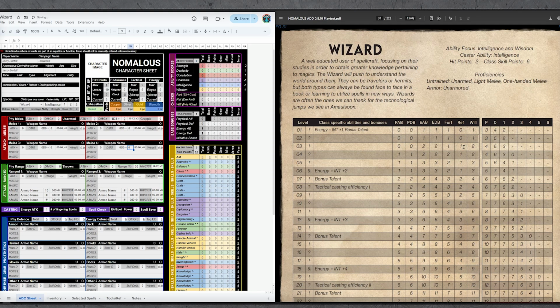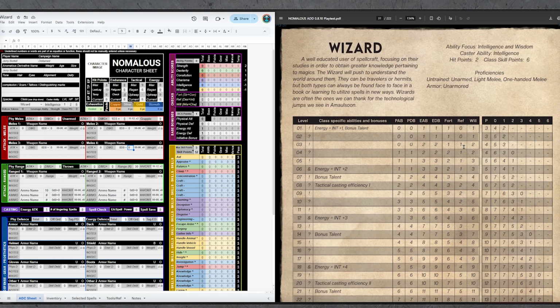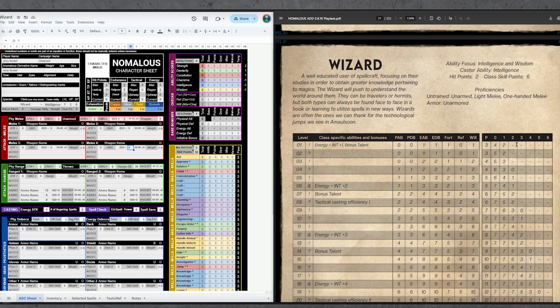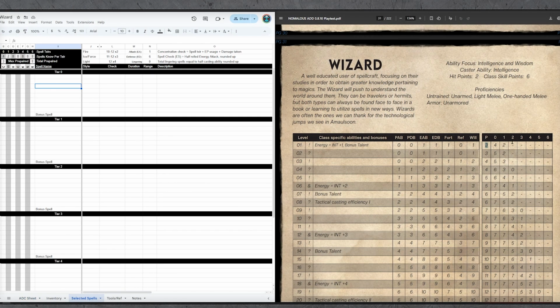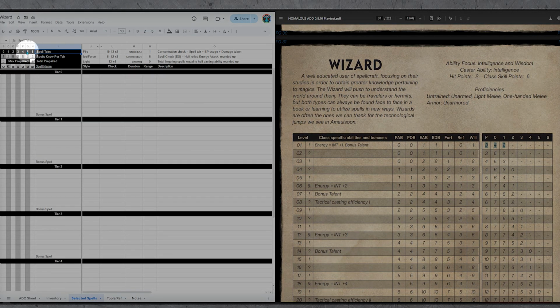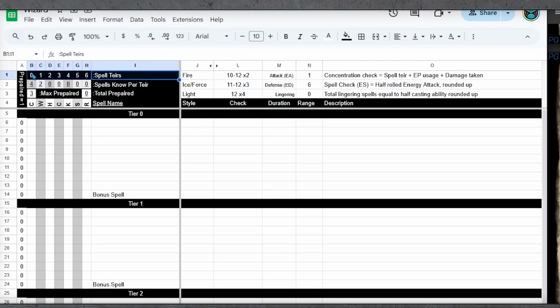Since we're creating a level 1, it looks like we have some spells here too. We'll check those real quick. So we're going to go down here to our selected spells tab, and we're going to take a look and make sure everything lines up here. On the character sheet, we have the spell tiers themselves, 0 through 6. The spells known per tier will automatically fill out depending on what level you are. This is the total number of prepared spells we have selected, and this is the max amount of spells that